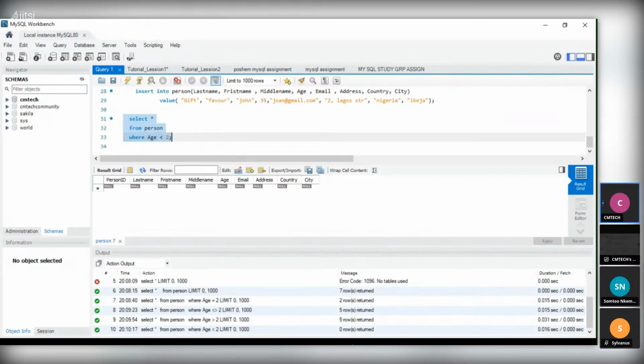So let's continue. Let's dive into the comparison operator. If you have any question, you can simply indicate. Do you have any question? Do you have any question to ask? No. So no. Okay, and let's move on now.